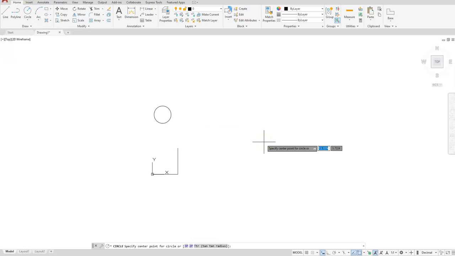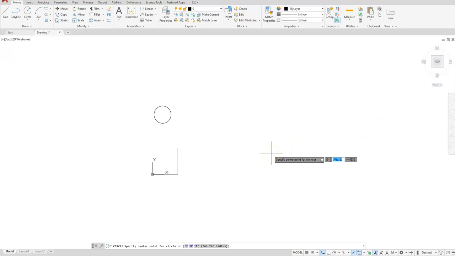And now I want to locate that circle at a certain distance from that one. So say, for example, if I want to locate this one 5 units to the right and 5 units up. So that's 5, 5. I'm going to type in the @ symbol, and this @ symbol is what is done